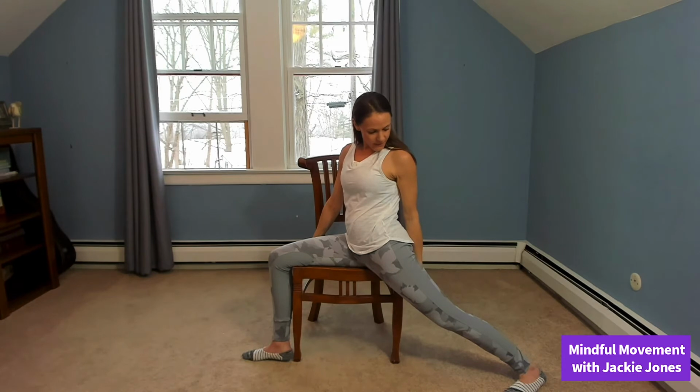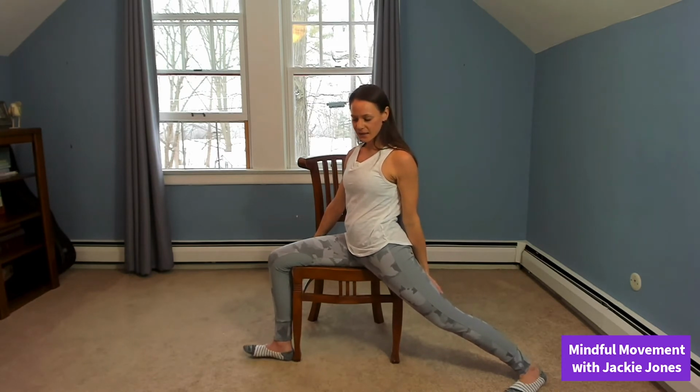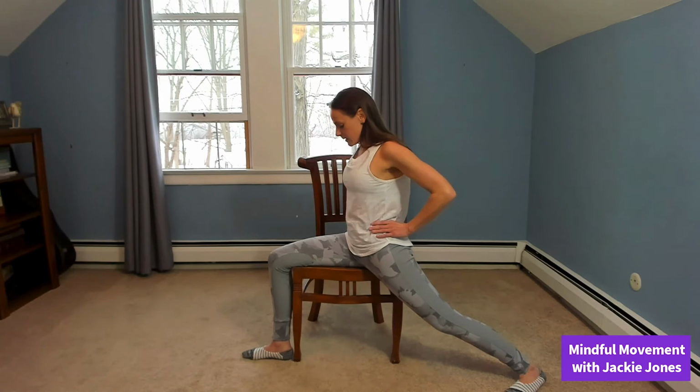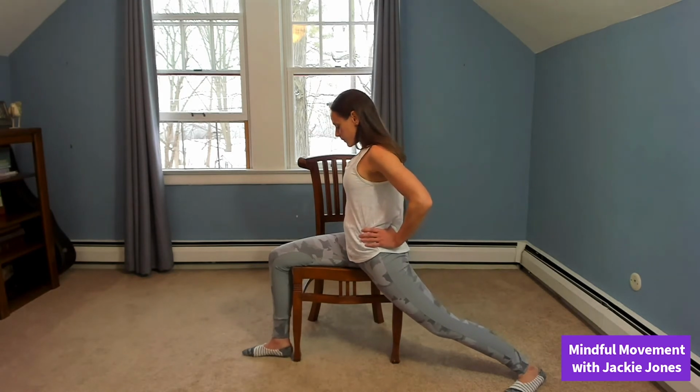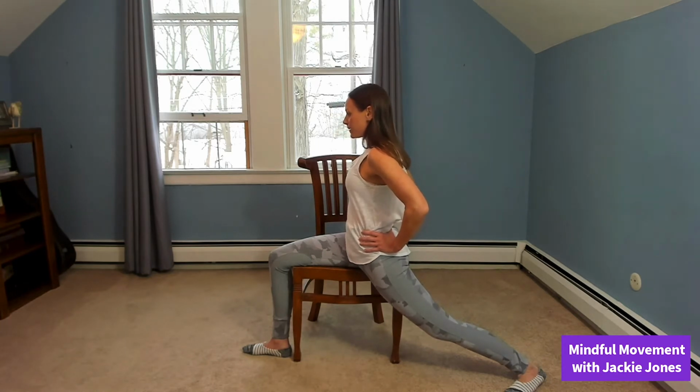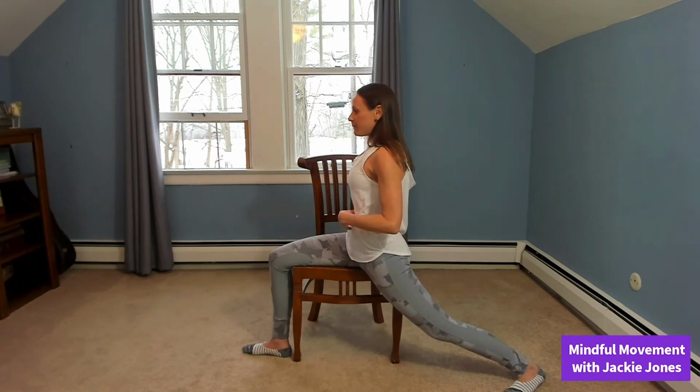So left toes are about a 45-degree angle so that you can place the heel down and work towards straightening the leg. It's okay if it's bent. And then turn your hips forward so they're facing the right side of the chair, facing the right knee. So pulling the right hip back, left hip forward, and tucking the tailbone forward slightly, drawing your belly back in